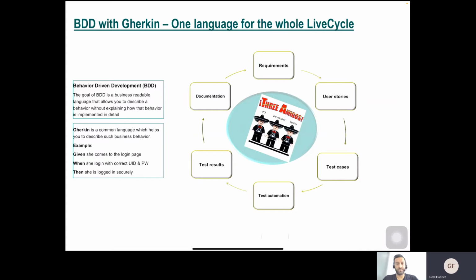This behavior-driven development starts all actions in a complete continuous integration and continuous delivery process from this behavior point of view. And this behavior will be described in a language called Gherkin. What is Gherkin? Gherkin uses the explanation given, when, then.